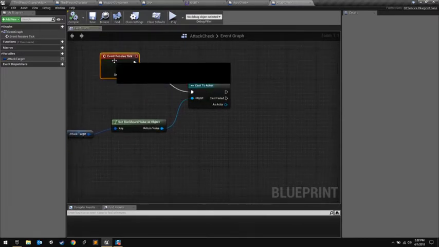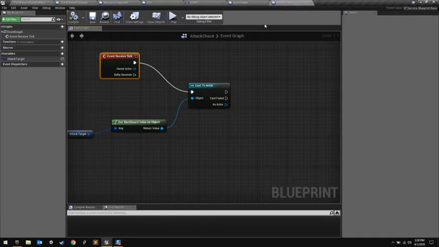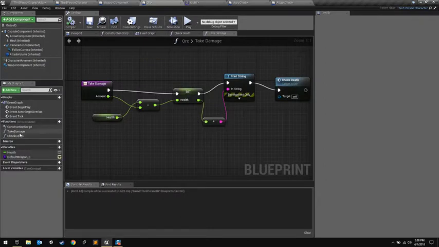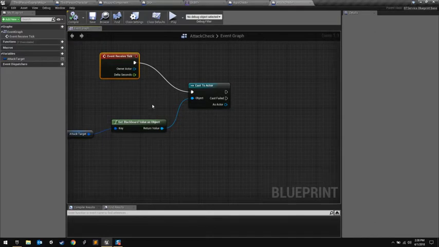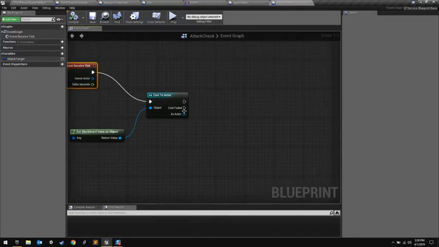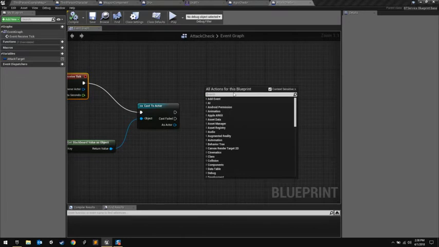So we're going to say we are inside of attack check, which is being used inside of a behavior tree. The behavior tree is being used by an AI controller that we wrote called orc controller, and that orc controller has an orc pawn currently possessed. So it's kind of complicated. We want the orc pawn, we want to call its function for checking to see whether or not that object is inside of it. Wow, okay. So how do we do this? Let's try